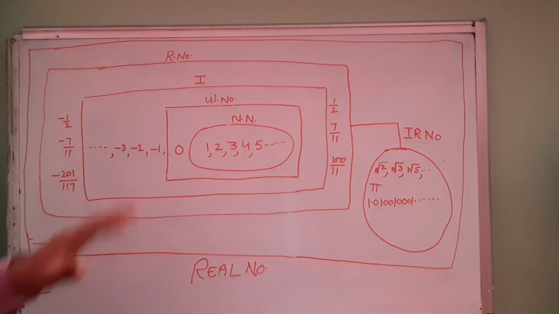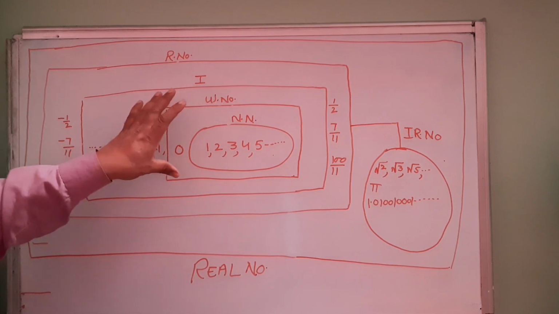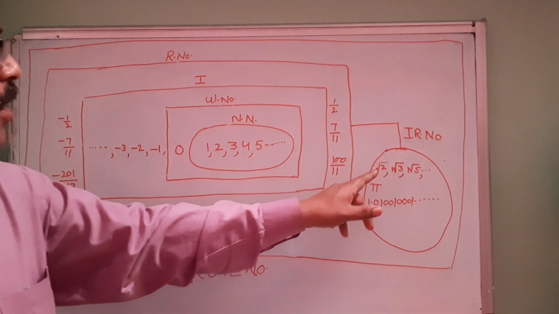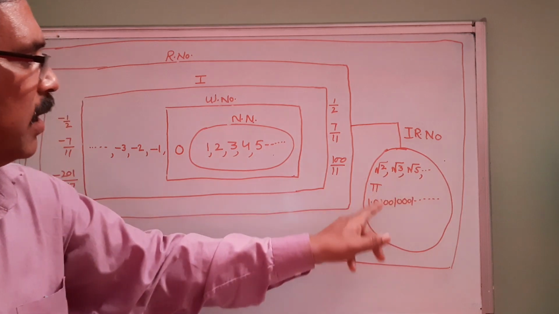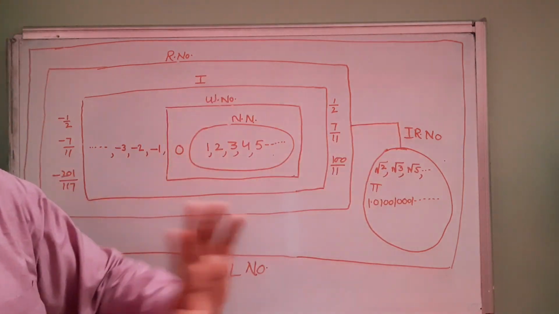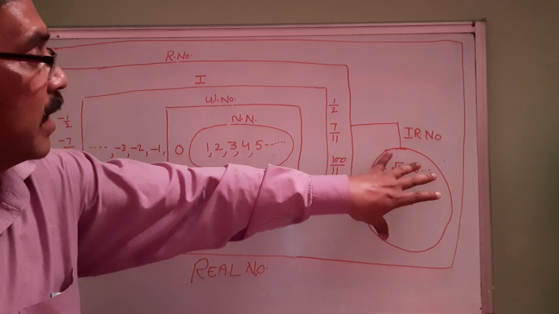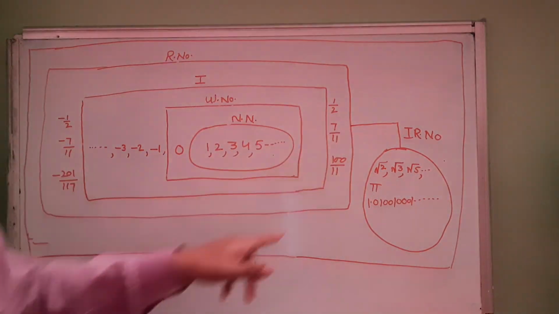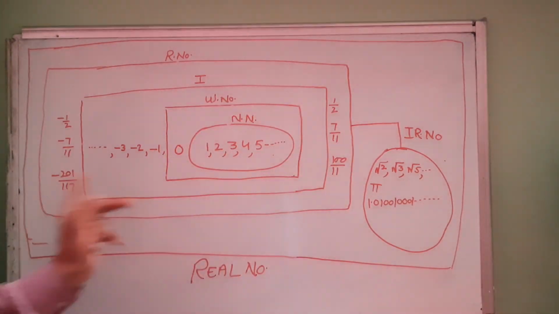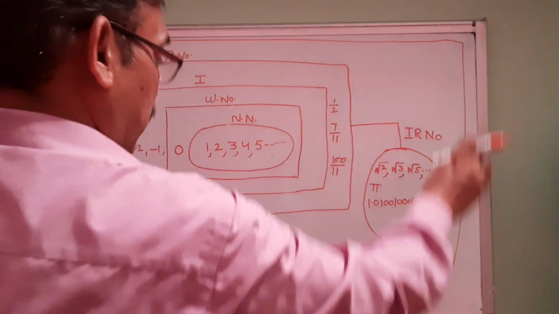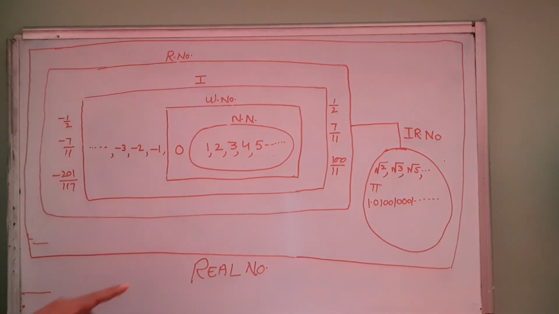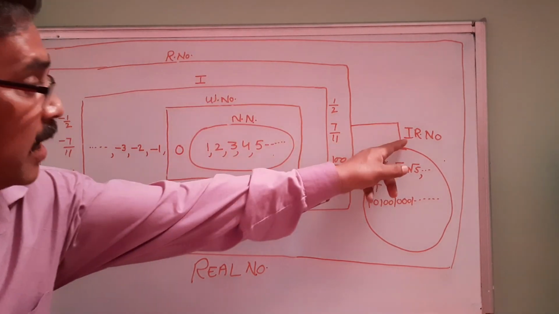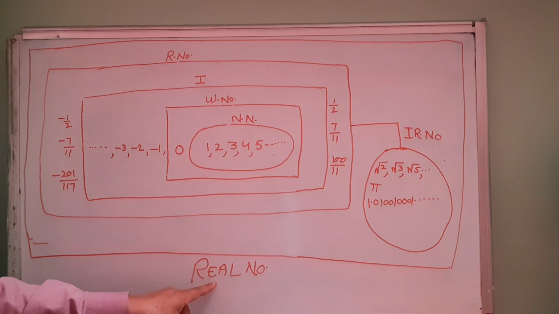Now there are some other numbers which do not fall here. They are different numbers. These are root 2, root 3, root 5, pi, and so on. They are called irrational numbers. Their container is here, the irrational container, and the rationals container is this one. These two containers are then placed in another rectangular box, and what is it? Rational and irrational together are called real numbers. This is how we remember the different kinds of numbers.